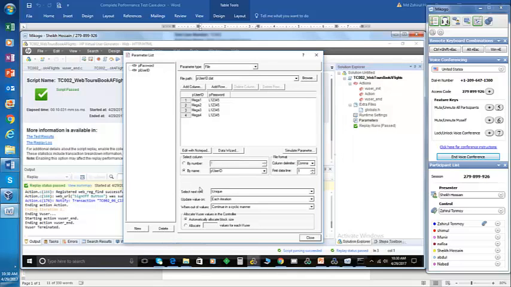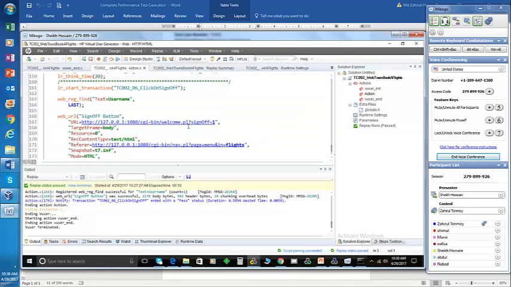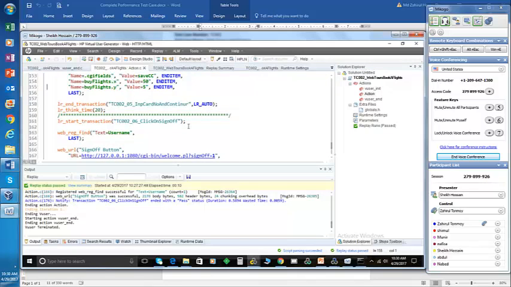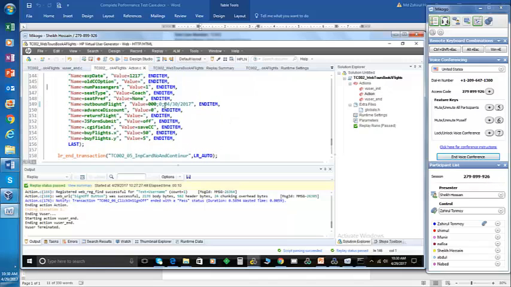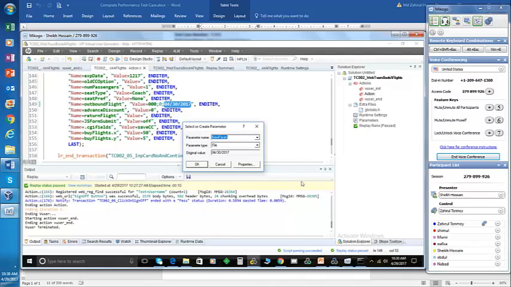No. So what I am going to do, guys, take a look here. What I am going to do is, if you go back to your script and if you scroll up, now this date I am going to select, and then I am going to right click, and then I am going to see what I am going to do here. Replace with parameter, right? Replace with parameter and create new parameter,